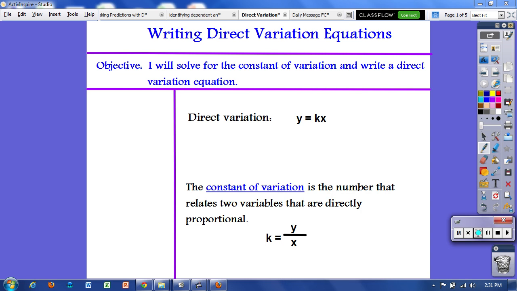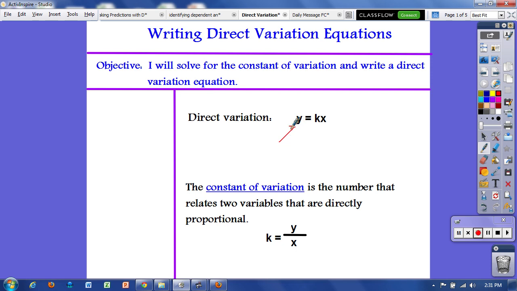Today's video is about writing direct variation equations. So the objective is to solve for the constant of variation and then write a direct variation equation based on that information. We talked yesterday about direct variation, and the equation that represents that is y equals kx, or y